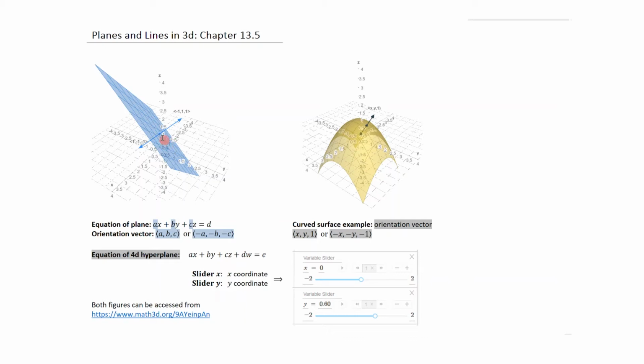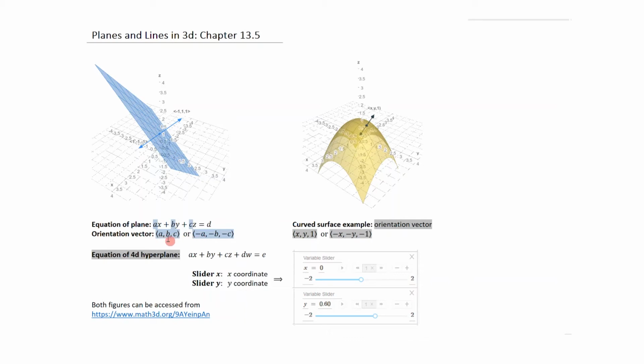All right, so one of the defining characteristics of an equation of a plane is that it's linear in the variables x, y, and z. And so what you have is a constant coefficient times x plus a constant coefficient times y plus a constant coefficient times z is equal to a coefficient d. It turns out that the orientation vector is nothing more than the constant coefficients of each one of these variables. So if you put this into an ordered triplet, then ABC corresponds to the orientation vector,